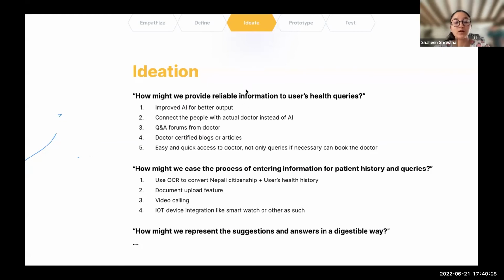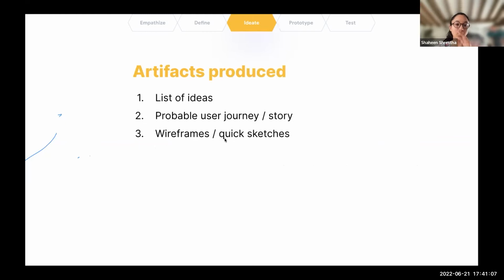Now so paila statement was how might we provide reliable information to users health queries so the possible answers are improved AI for better output, connect the people with actual doctor instead of AI, QA forums from doctors, doctor certified blogs or articles, easy access to doctor not only queries but necessary can book the doctor so these are few examples of answers that we have to the questions that we had formed paila and out of these answers then we pick the best solution